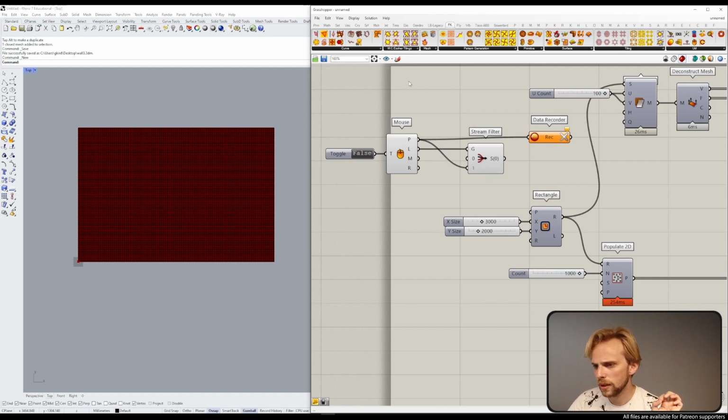So let me disconnect here and just run this so that you can see what the hell is going on. Every time now I press the mouse button,